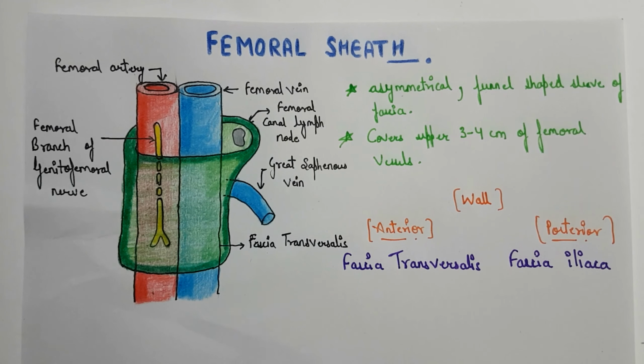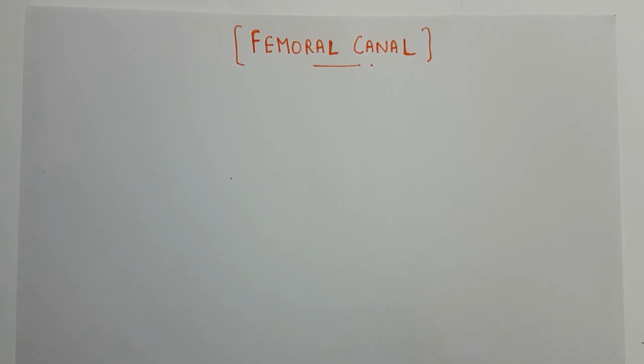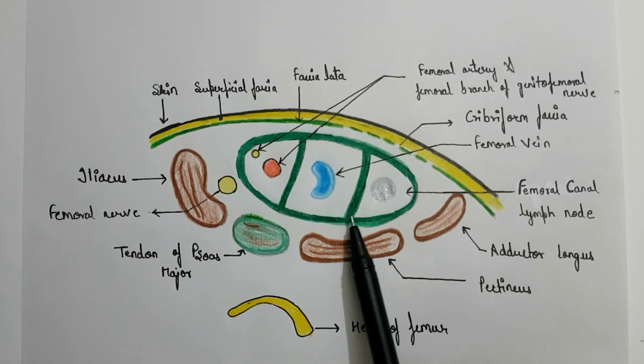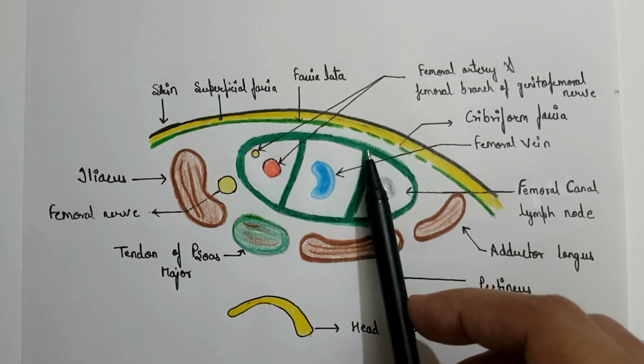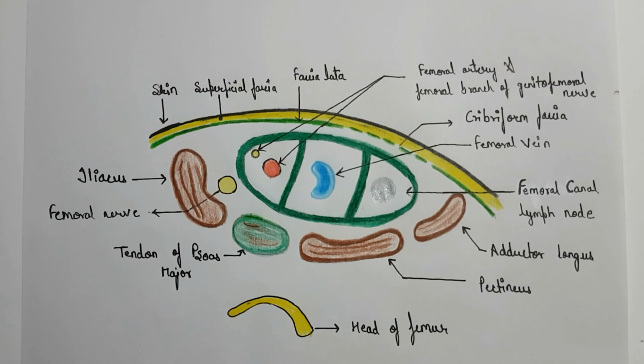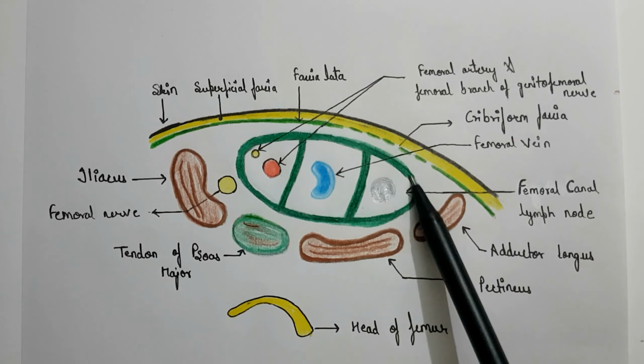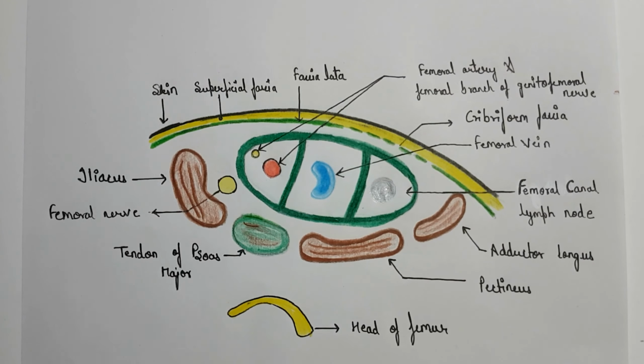Now let us talk about the femoral canal. The femoral canal is nothing but another name for the medial or the lymphatic compartment. So the medial compartment of the femoral sheath is referred to as the femoral canal. It is conical in shape. This is the femoral canal, which is also the medial compartment of the femoral sheath. It is conical in shape, wide above at the base and narrow below. The base is also referred to as the femoral ring, that is this portion is referred to as the femoral ring. Now let us talk about the boundaries of the femoral ring.